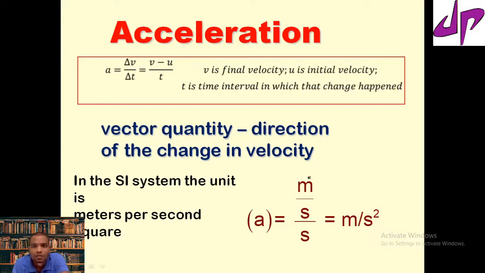The velocity unit is meter per second, and we divide by time, whose unit is the second. So if you divide the velocity by time, you end up with meter per second square. That is the SI unit of acceleration. Very simple concept. Today we learned